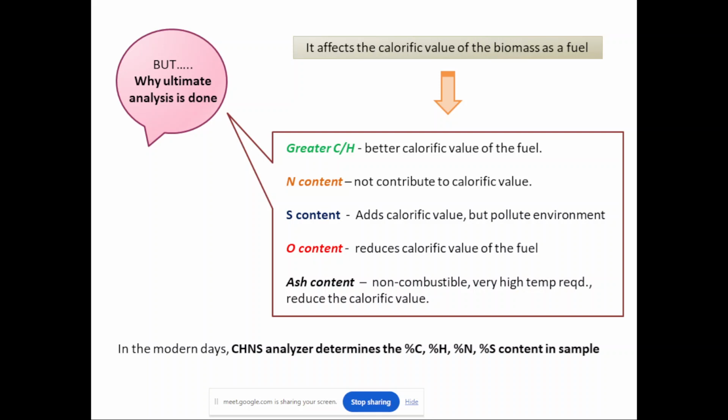Because if you take a wet biomass and start heating it, it will take a long time, because once you start heating, the water present as the moisture content should first get evaporated, and only then will the burning start. So much heat will have to be given into the system just to start its ignition if the water content is more. This is the reason why the oxygen content should be low, because the presence of oxygen in your sample is inherently considered as moisture content, and the presence of moisture content will kind of hinder